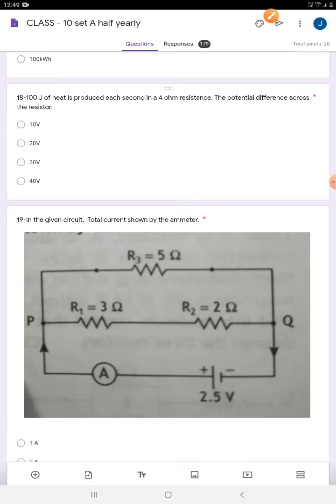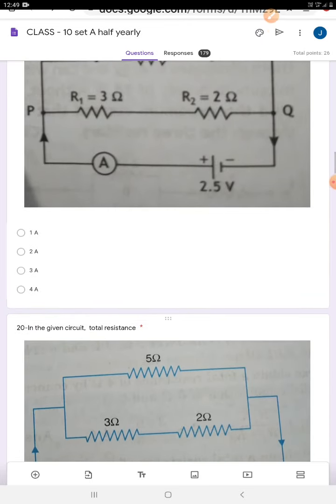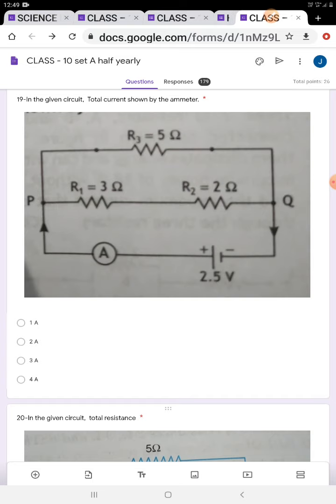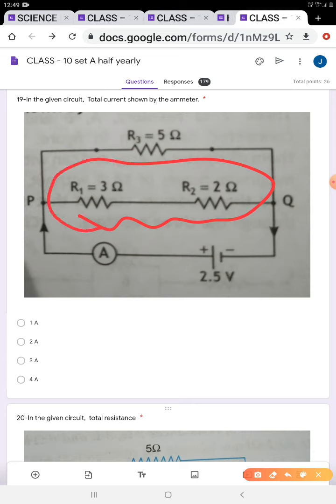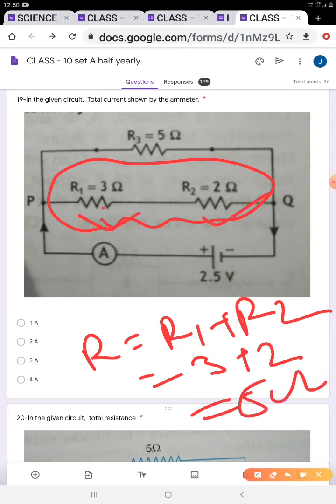So in this question we have to find out total current, and in this question we have to find out total resistance. Okay, the diagram is almost the same for the resistance, so I can check here. Okay, at first I will find the total resistance of this circuit. As we know, this combination is a series combination. Okay, 3 and 2, so we can add them in series combination, and we know R equal to R1 plus R2. So it will be 3 plus 2, which is 5 ohm. So these 3 ohm and 2 ohm are connected in series combination. After solving this one, we will get a 5 ohm resistor.